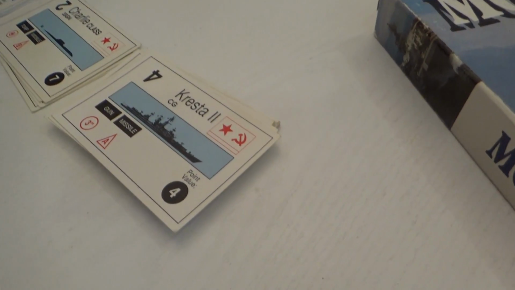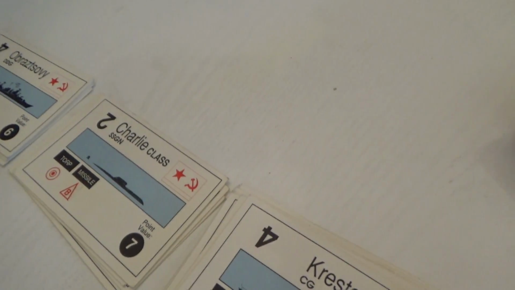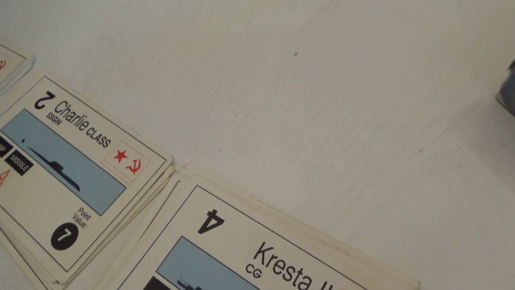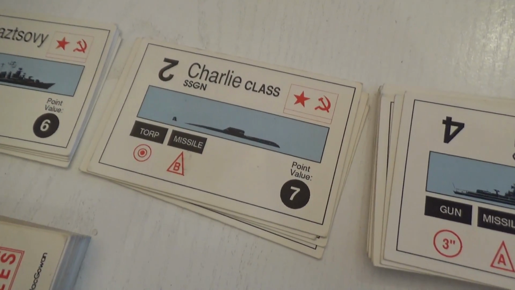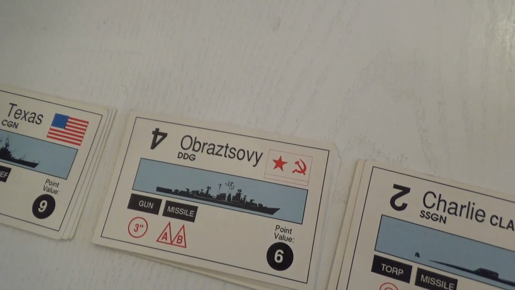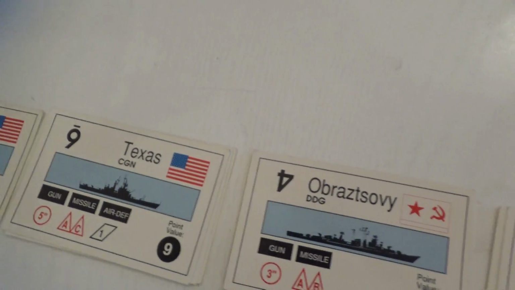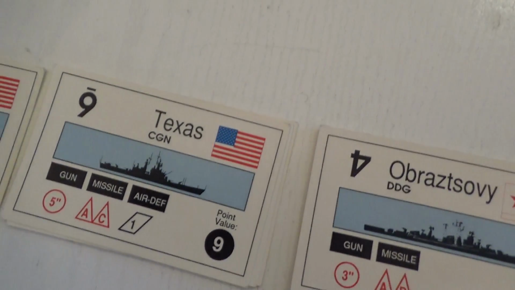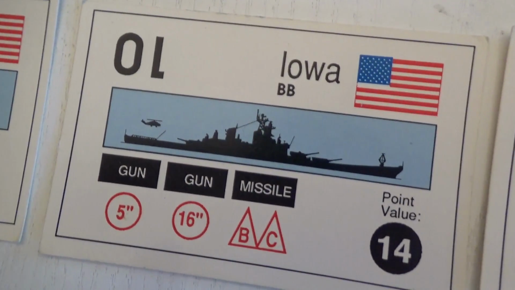That's where I take all of my 3 and 4 point ships and take all of my 6 and 7, or sorry, those are my submarines here, the Charlie class submarines. So all the submarines are there. And then all of my higher point smaller ships, and then your missile cruisers, and then any battleships that are left, and then the